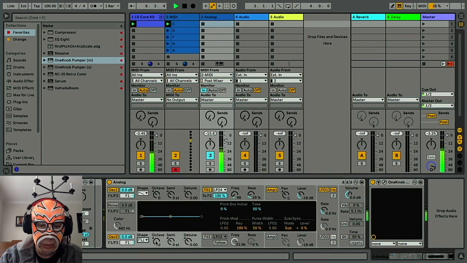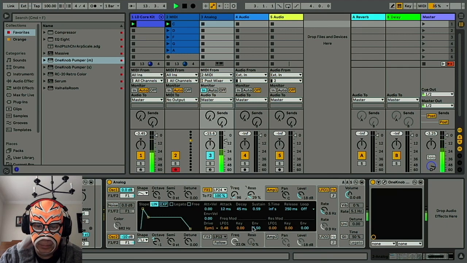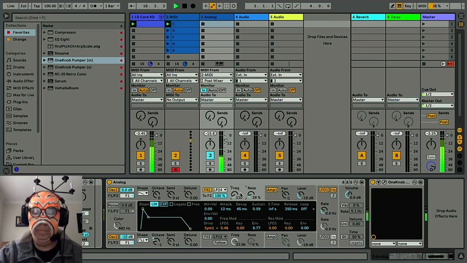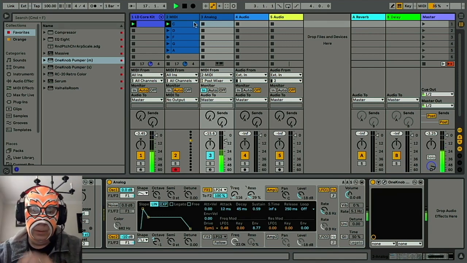Gonna change the sound a little bit. Give it a square wave sub oscillator. Give it a little more filter envelope action. Okay, so